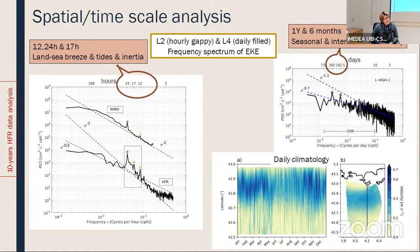Yes, I have another question on the DINEOF method. How much data do you need to use this, to fill the gaps? How long does the time series have to be? So